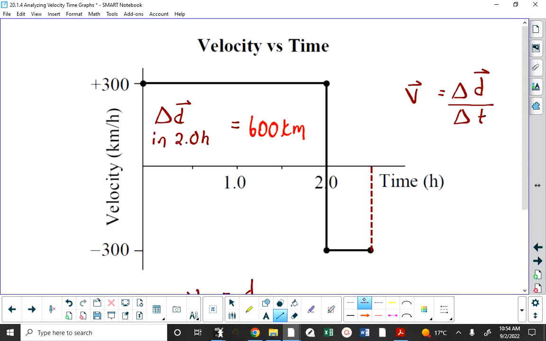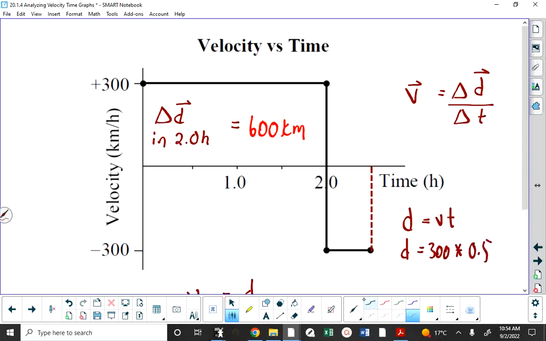150. Right? Distance equals speed times time. So distance equals 300 kilometers per hour multiplied by a half an hour. This is 150 kilometers. But I did all my calculations and discussion in terms of distance, but we're asked for